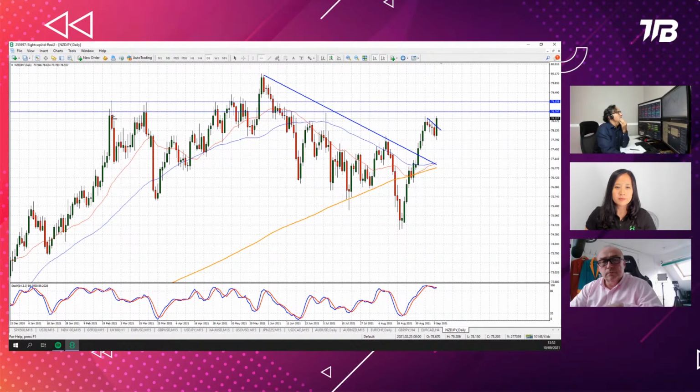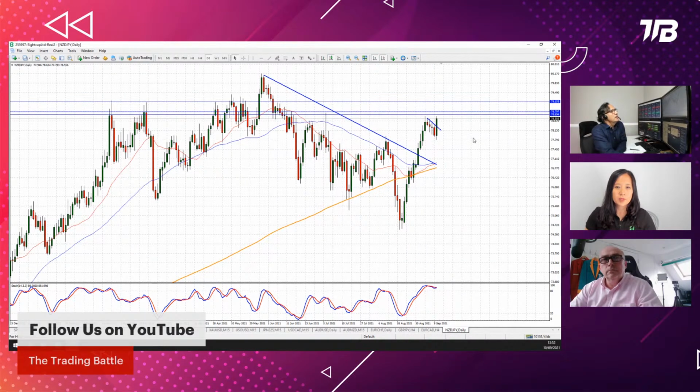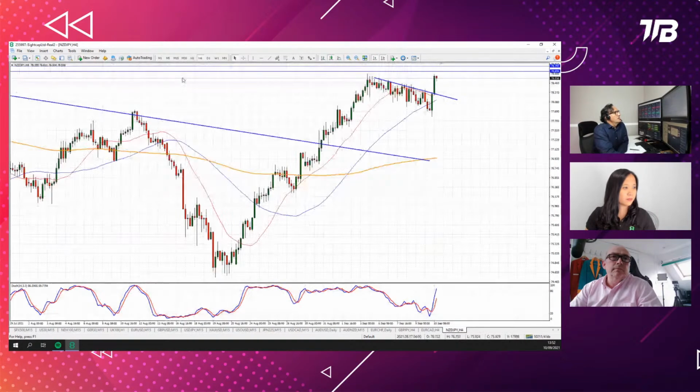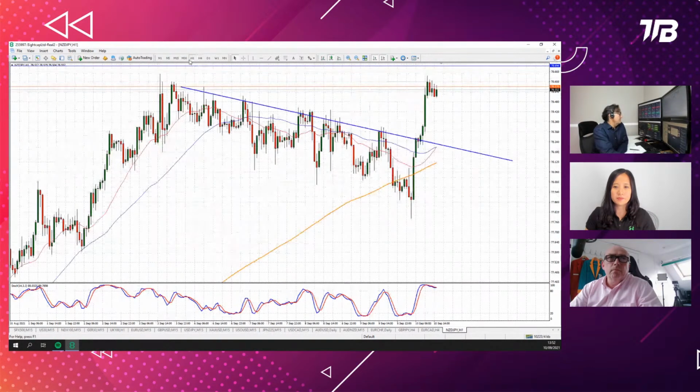So these would be resistances. They should be red rather than blue. But yeah, this is a long trade. It appears to be breaking out. I'm going to hold it